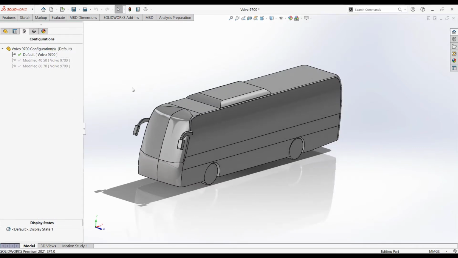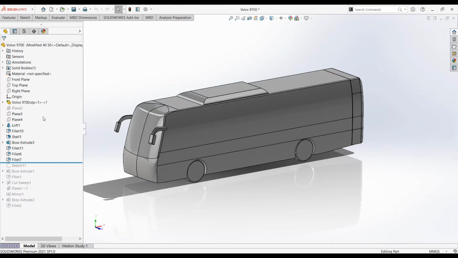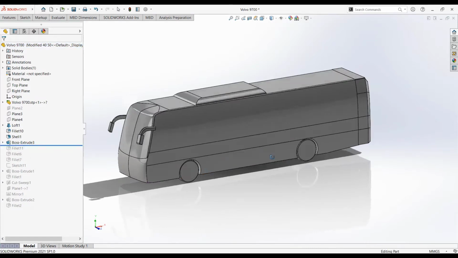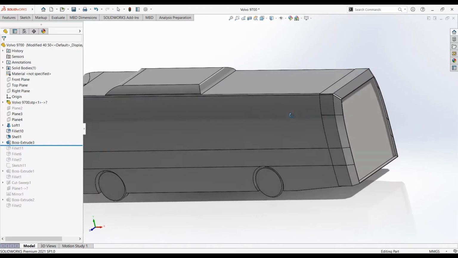Let me switch to default and showcase in modified what I actually did. Removing the fillets, this was the shape, and then I used loft, added the fillet at the corners, and then shelled it. After shelling it, I used another extrude to connect here, as the fillets were giving so much trouble during simulation.